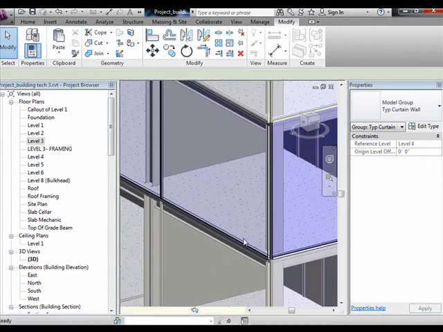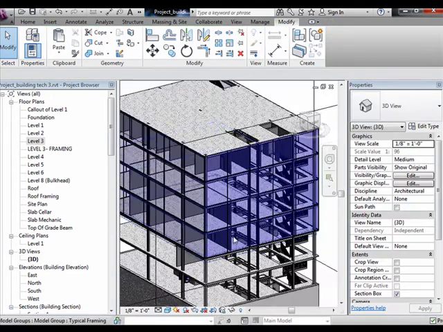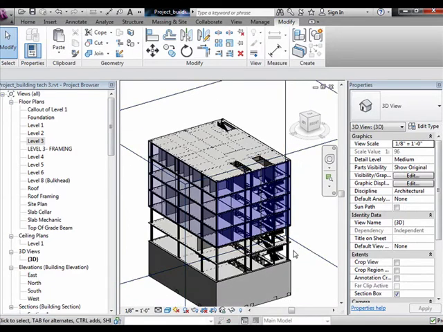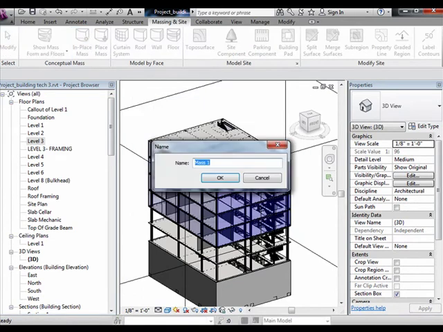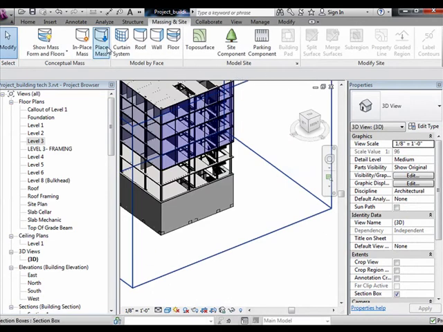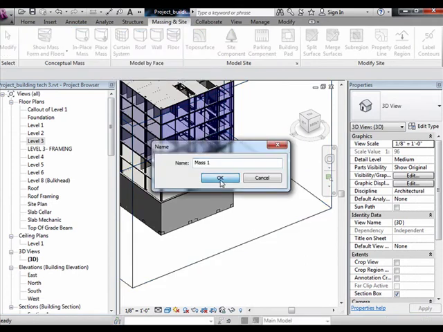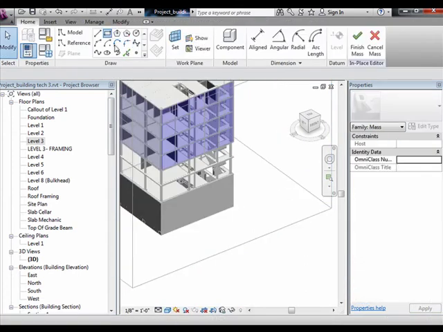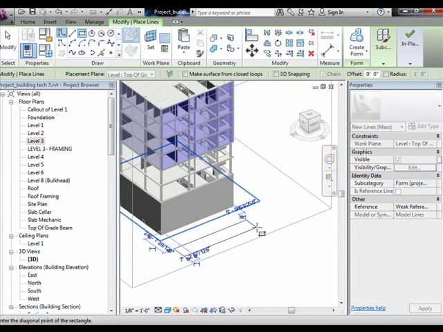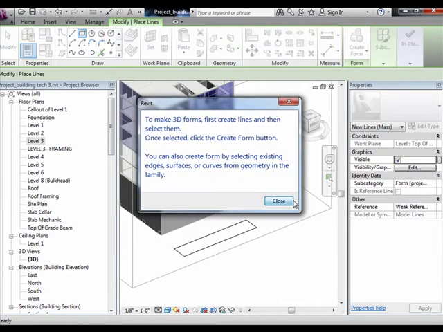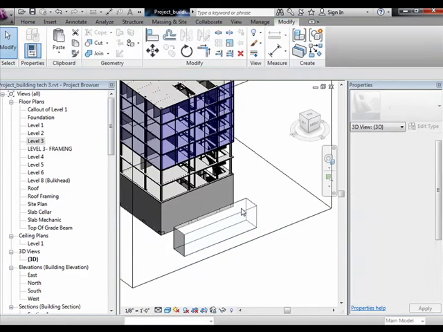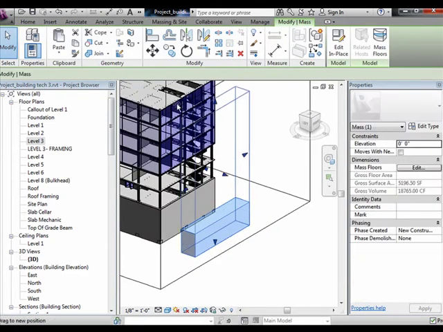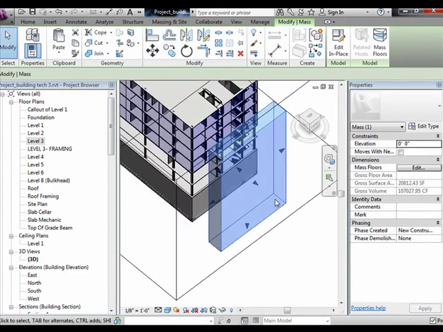there are other ways to create curtain walls, and that is through massing. I haven't showed that. It's a little more complicated. This is a really rough and dumbed down way. You can create an in place mass. Hit OK. Just pretend that's the building. Create form, solid face, close. Finish mass. So this is what's called a conceptual mass, and you can develop a curtain out of this